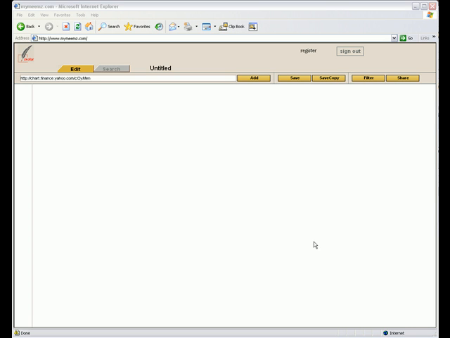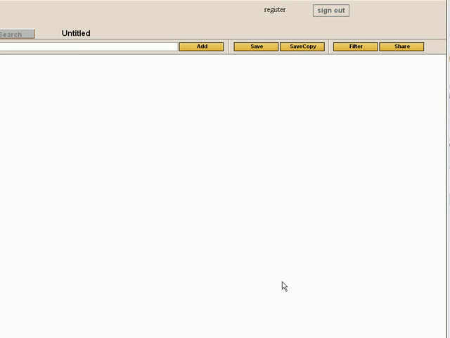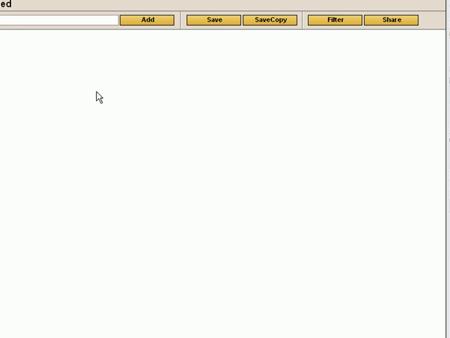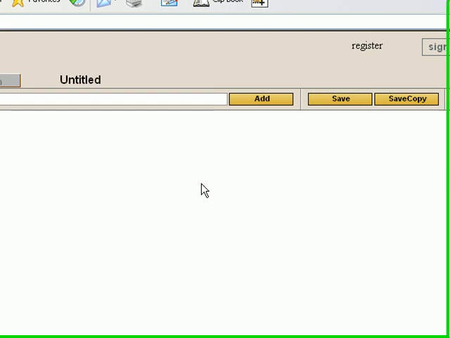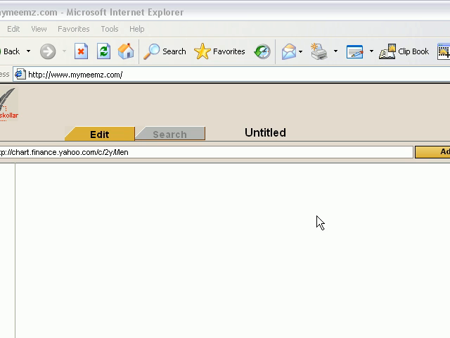of MyMeemz Skollar web application, which is used to aggregate web pages, highlight text and parts of images, annotate those selections, and save and share them with your colleagues. The primary screen is your edit screen, which is where you will compose your documents and add your annotations. And there's a second screen for search, which is where we'll start,